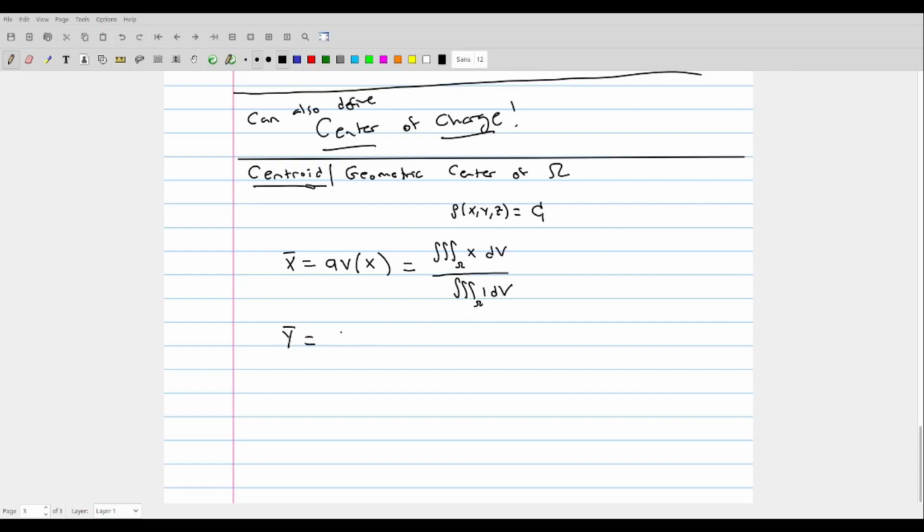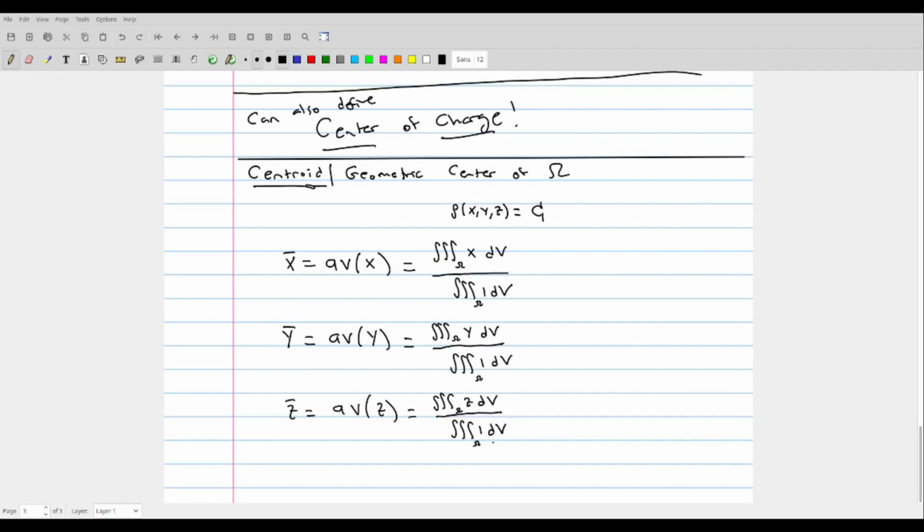the y coordinate of the centroid will be the average value of the y coordinate, which is the triple integral of y, the accumulation of the y coordinate, divided by the size of the region, which is the volume of omega, or the triple integral of 1 over omega, and the z coordinate of the centroid is going to be the average value of z, which is the triple integral of z over the region divided by the triple integral of 1, which is the